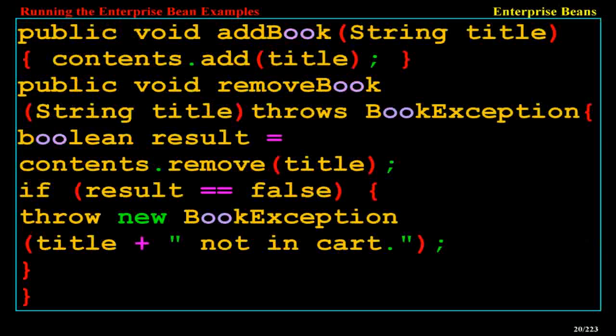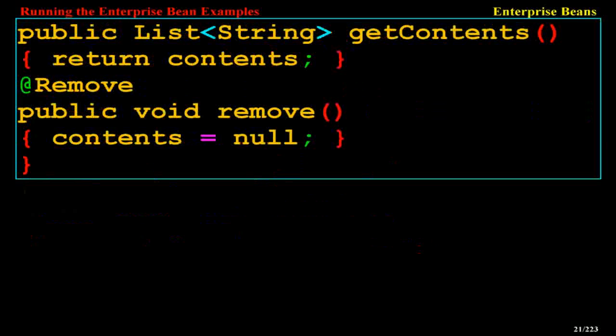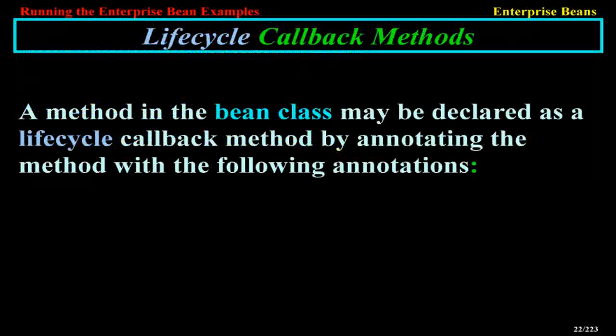public void addBook(String title) { contents.add(title); } public void removeBook(String title) throws BookException { boolean result = contents.remove(title); if (result == false) { throw new BookException(title + " not in cart."); } } public List<String> getContents() { return contents; } @Remove public void remove() { contents = null; }